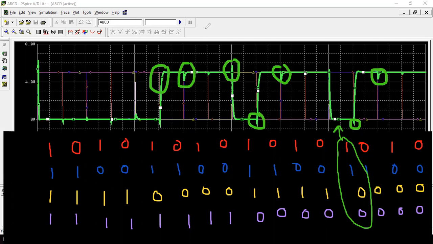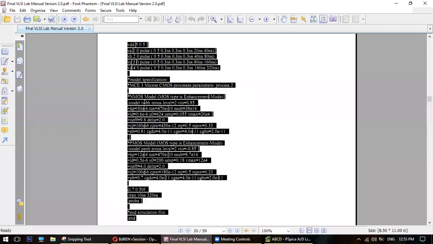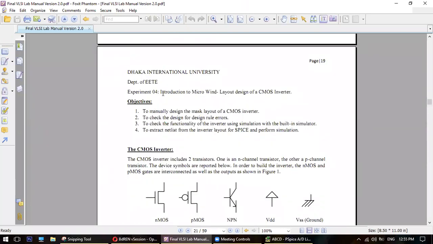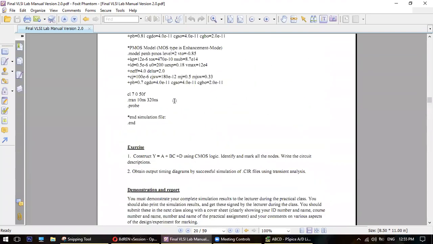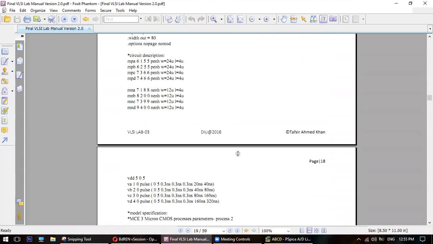So this was the end of our lab number 1, 2, 3. In our next lab, we will do lab number 4, 5, and 6. But before that, in our next lab, at the beginning, we will start a test. Lab test 1, because we have done lab test 3 maybe, right? Have we done lab test 3?